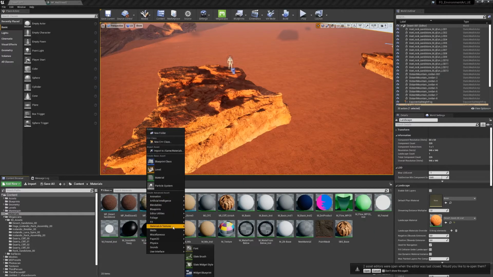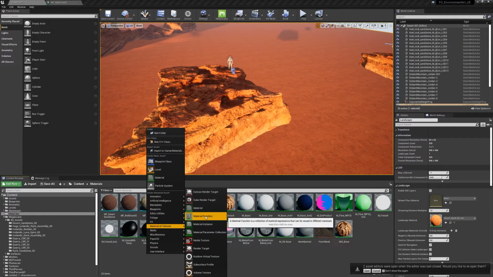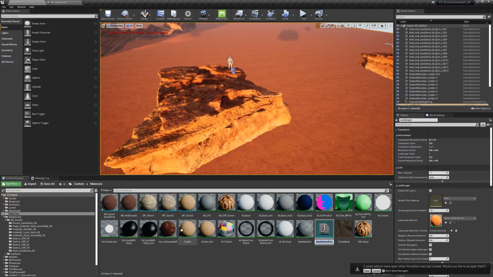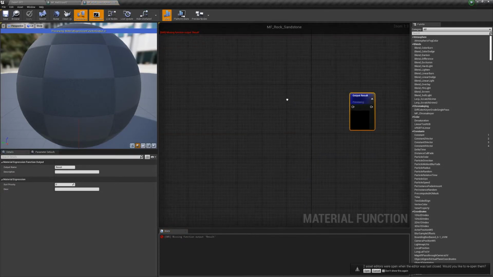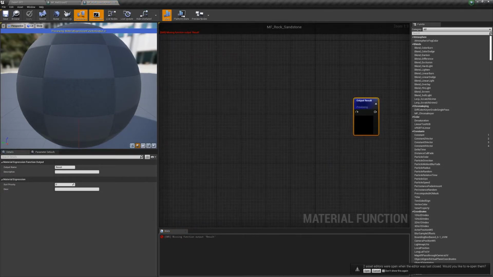Just right click here, materials and textures, material function, give it a descriptive name. I use MF for material function. I like to prefix everything. So like M for material, MI for material instance, most of the time. MF for material function. So here it is, and it can contain pretty much anything from a float to a vector, a color. But for this one,